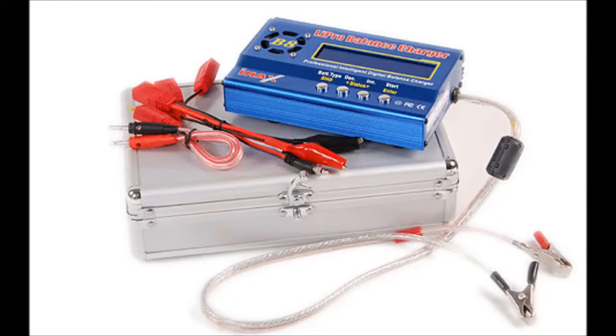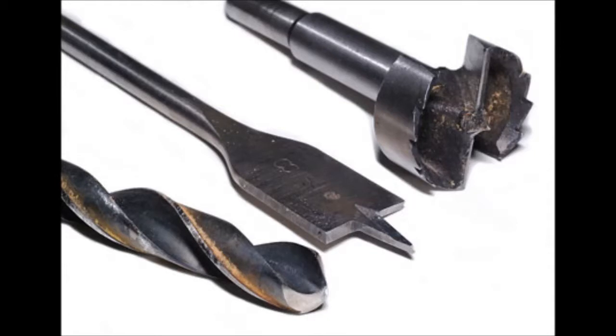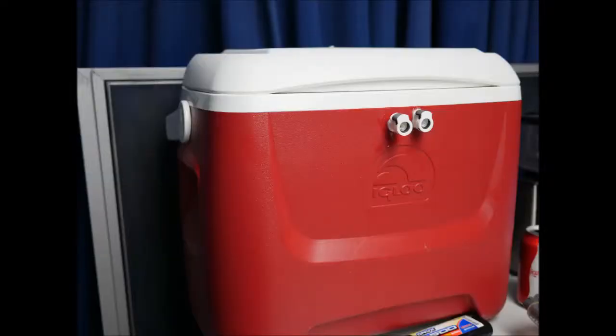To recharge it, you're also going to have to buy a charging station, a portable electric drill, and for the holes you want to drill using the hand drill, you want a bit that can create a hole the size of a half inch. So either with a hole drill, which I think would be the easiest, or just using a normal drill bit screw. And lastly, you're going to need a cooler that can fit a decent amount of water, because the more